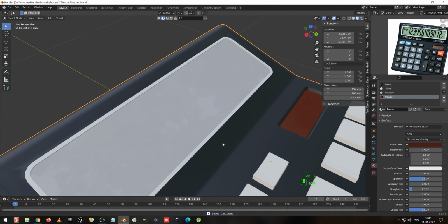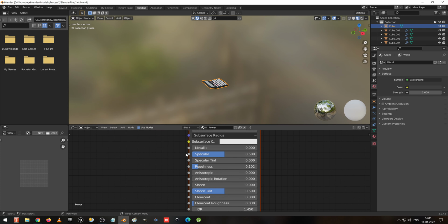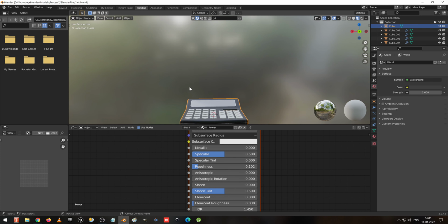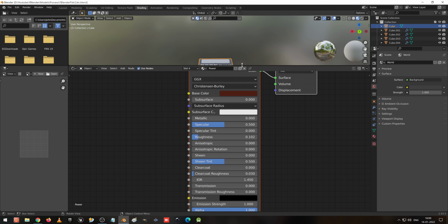Now here the display doesn't look like this, I know that. So we are going to the shading editor, zoom it in and I make it like this. Oops.